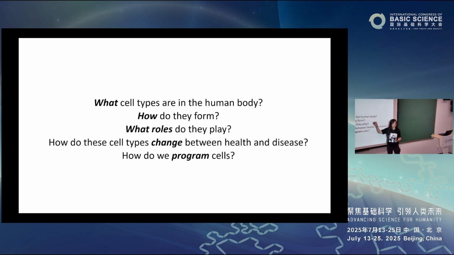How do they form? From an embryo that started out to form a fetus, how do the different cell types differentiate from the embryo? What roles do they play in the human body? That is a question that we still don't know how to answer. For many cell types, we know that, for example, neurons fire to make us think, and our white blood cells fight diseases, but we don't actually know how exactly they perform these functions and how they communicate with other cells. This is still very much a hot topic of research.